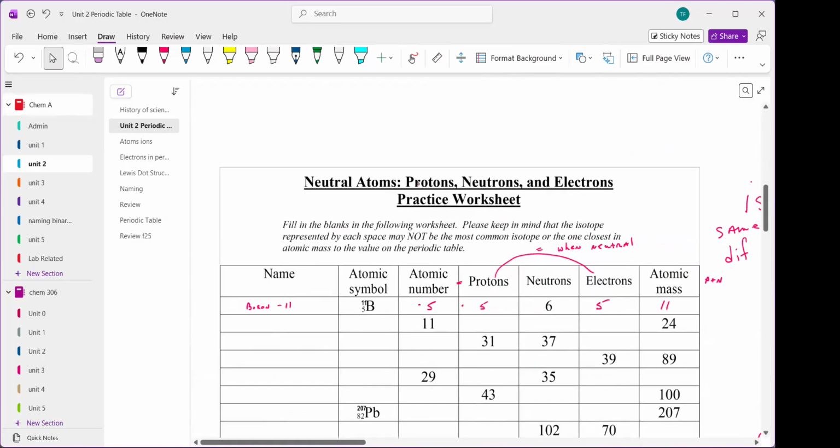Okay, so this is what I want you to do. We have 20 minutes or so left. I want you to work on this. You can work in groups if you like. And if you'd like to look up the answers, go to Canvas, Files, Unit 2, and you should see one. And on the second page of it are going to be all the answers.